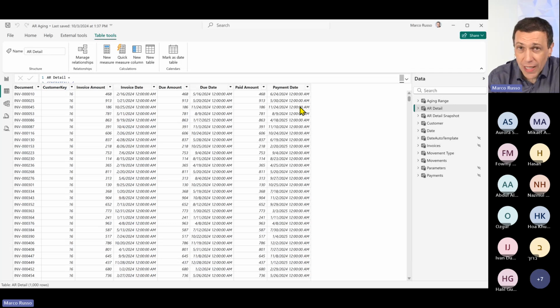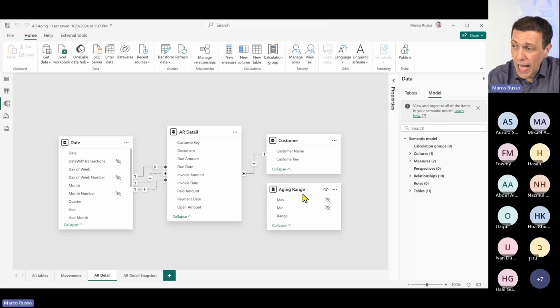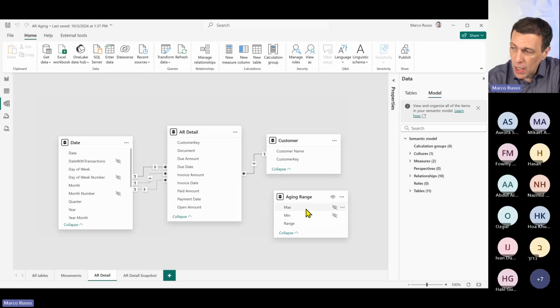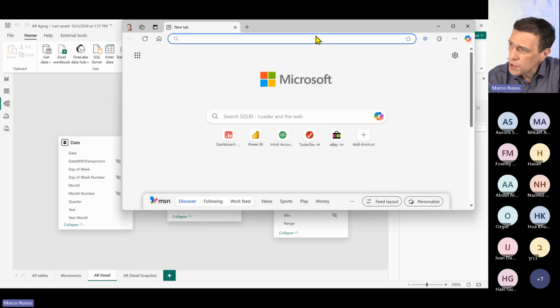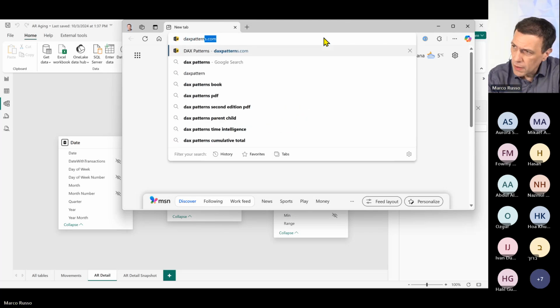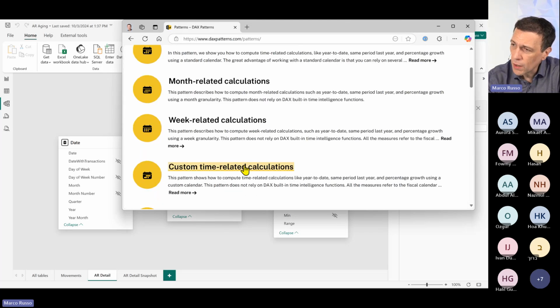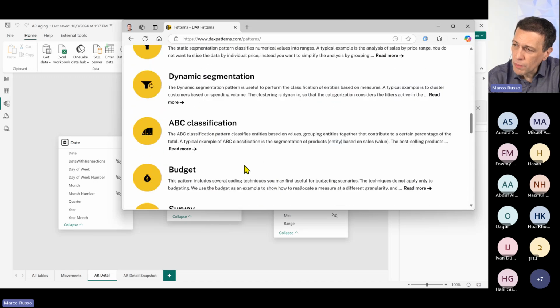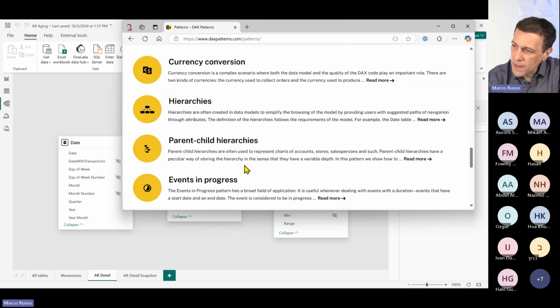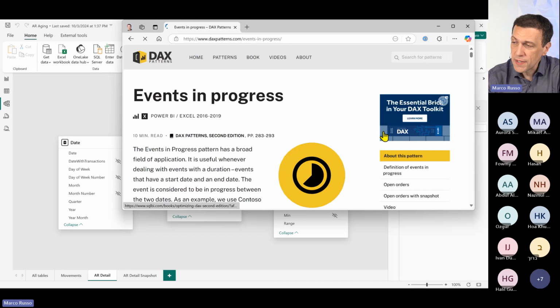At this point, I can create my report, because I have a star schema. I have this aging range, which is a disconnected table. Let's see if I can show you. If I go to daxpatterns.com, what I want to implement is simply the events in progress pattern.